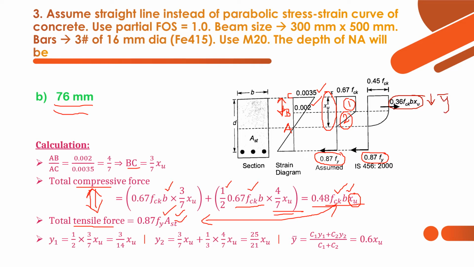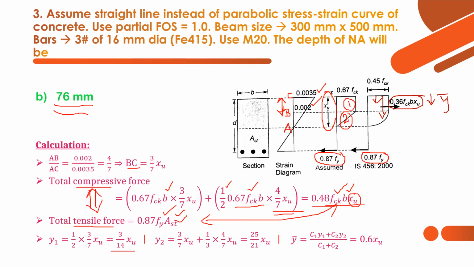To find y bar, we have to calculate y1 and y2. For the rectangular block, the centroid of the rectangular section is half into 3 by 7 xu, that is half into the depth of the rectangular block. By using the centroid concept, we get the y1 value as 3 by 14